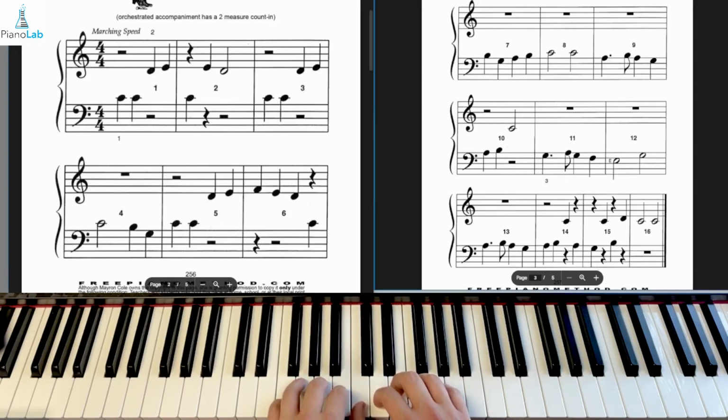For 2, here's our dotted quarter note, 1 and 2 and 3, 4, A, B, C for 2, change finger, G and 2 and 3, 4, E for 2, G for 2, 1 and 2 and 3, 4, A, B, C, A, G, C, B, D, for